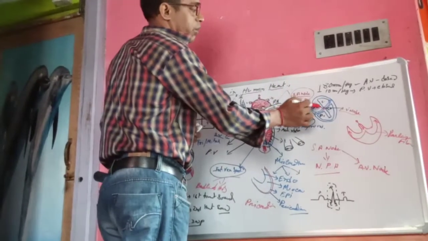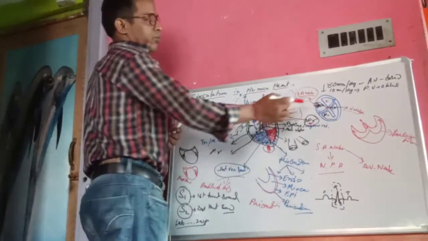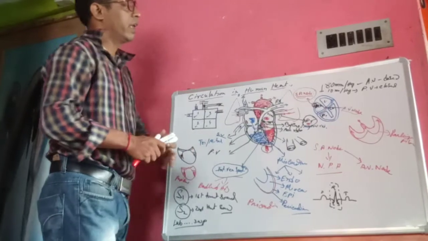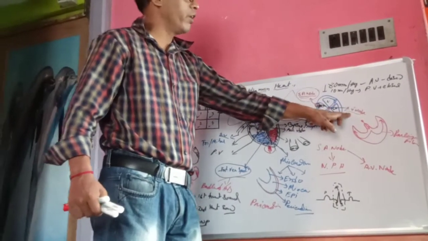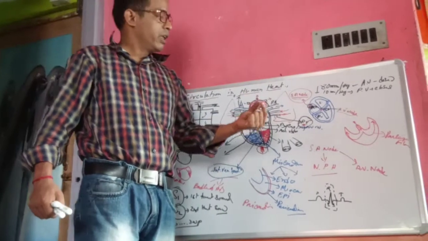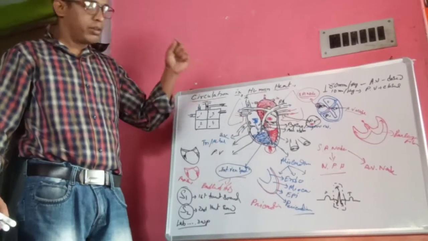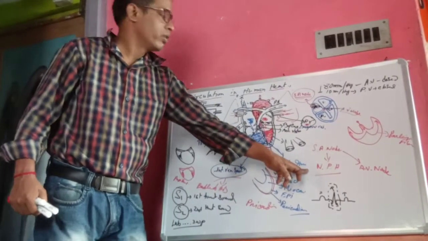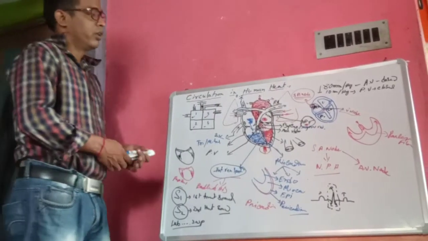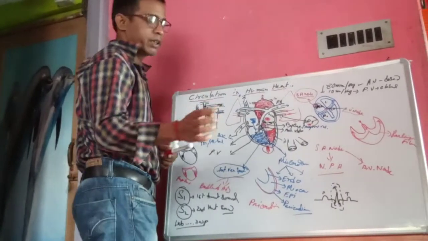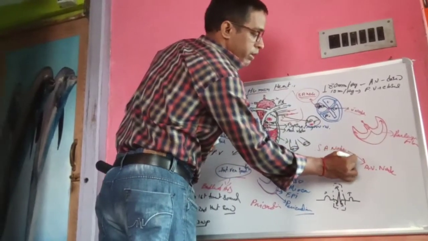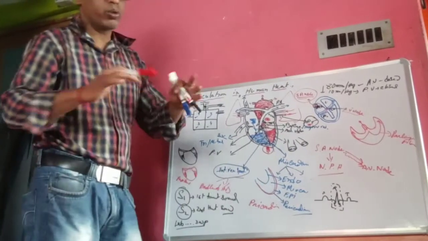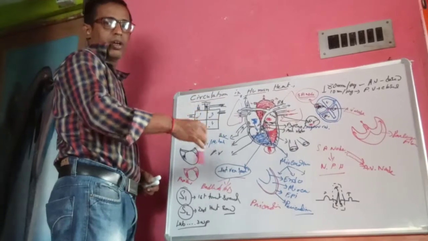And at the junction between the atrium and ventricle, there is another node called the AV node, the atrioventricular node. Now, the first electrical impulse in the heart is made by the SA node. That is why the SA node is called the natural pacemaker of the heart. What actually happens? The SA node fires. After that, this electrical impulse reaches the AV node, and the AV node carries the impulse to the ventricular section of the heart.